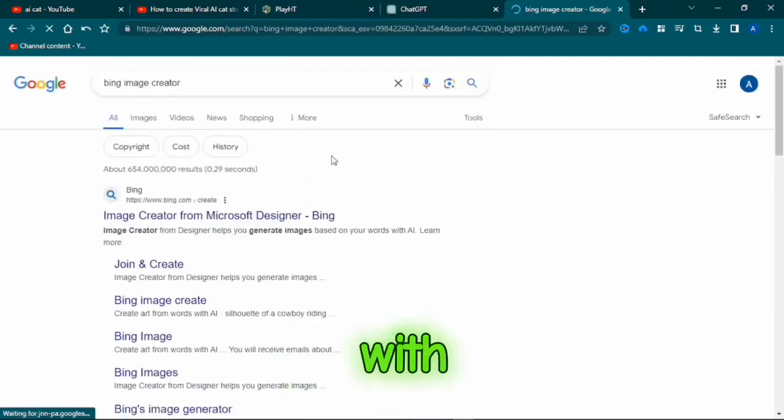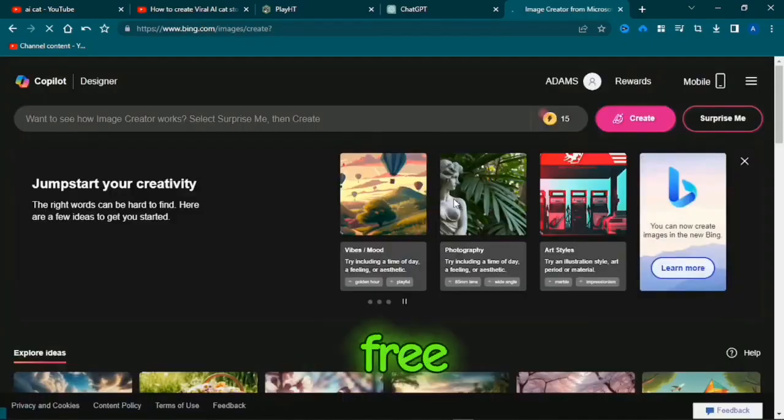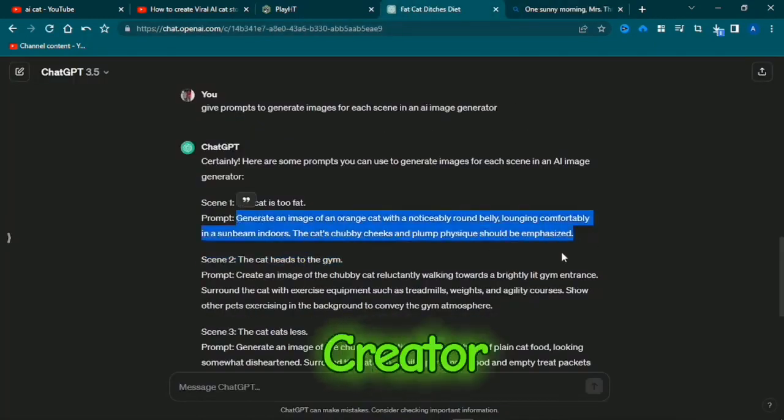Step 2. Generate visuals. Choose any AI tool you're comfortable with. Here, I will use Bing Image Creator. It's free and user-friendly. By copying the image prompt for the first scene, open Bing Image Creator, paste your prompt,